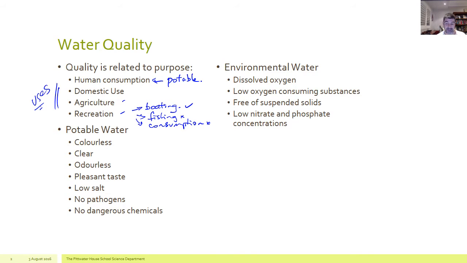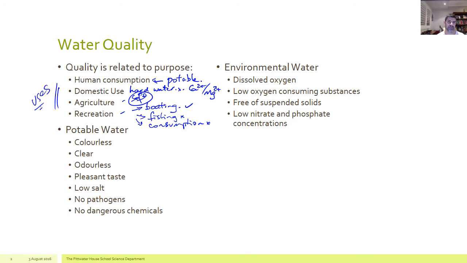Something like hard water is often not a suitable thing for domestic use. If there's a high concentration of calcium ions or magnesium ions, these will make the water hard, and that makes it harder for soaps and detergents to produce a decent lather, which means if you're washing clothes or washing dishes or washing your hands, you just can't get a decent lather. So we want soft water for this sort of activity. So there's a couple of different types of activities that determine whether or not the water quality is sufficiently high